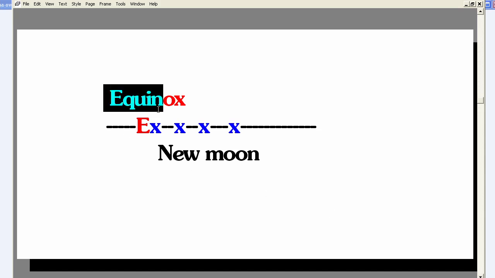So let's suppose we're looking at the spring equinox. That's what the E represents on this timeline. And a new moon could be on or 1 day after the spring equinox. It could be a week later, 2 weeks later, even up to 29 days later. So the ancients had to wait for the first new moon on or after the spring equinox to begin a